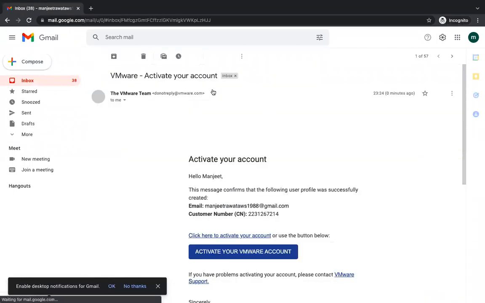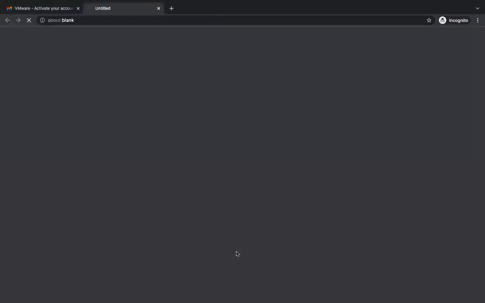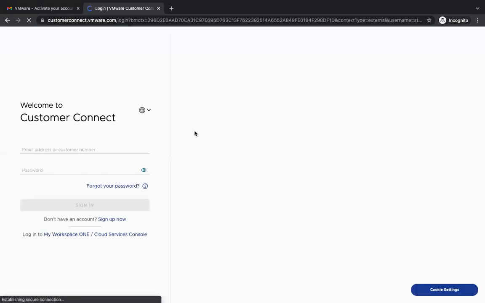We'll receive a notification. Just click on activate your VMware account. It's already activated, not an issue.